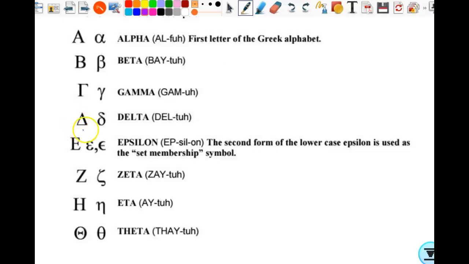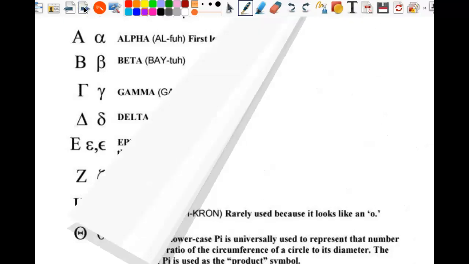Delta wouldn't make any sense because it means change, right? Pi wouldn't make any sense because it has a different meaning. So some of the variables have already been assigned values. If it hasn't, then you can use them as variables. All right, or if you're in stats, anybody here in AP stats? Okay, because you're going to see some of these funky things in there too.